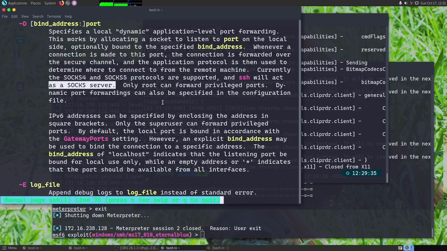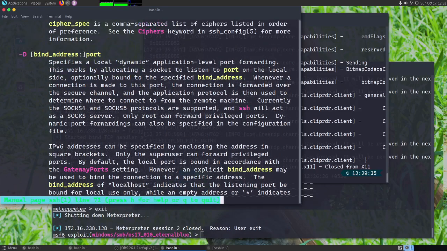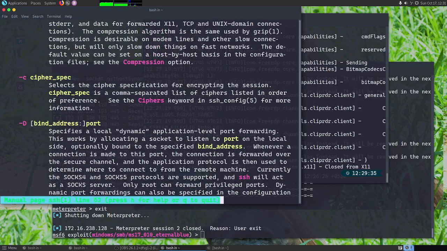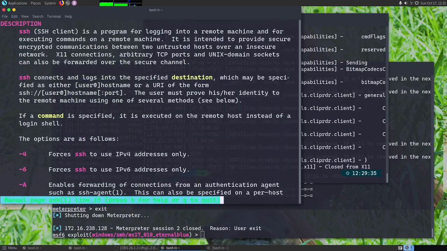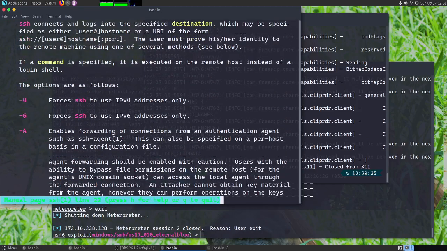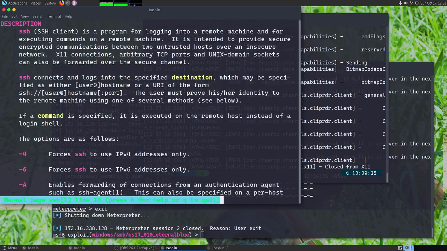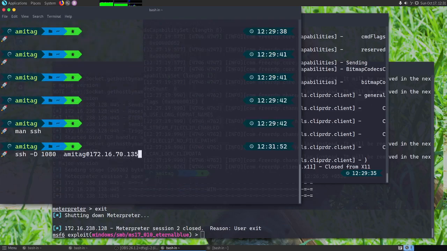Now we will be using this minus capital D, as this is much simpler when you do port forwarding for a whole range of IP addresses or a whole range of ports, rather than just one or two ports. So the usage is pretty simple. You just say ssh minus capital D 1080 and the command that you want to use for connecting to the remote host.